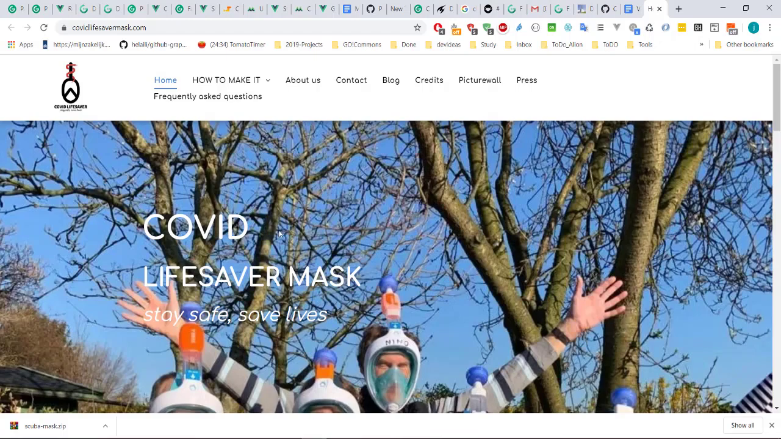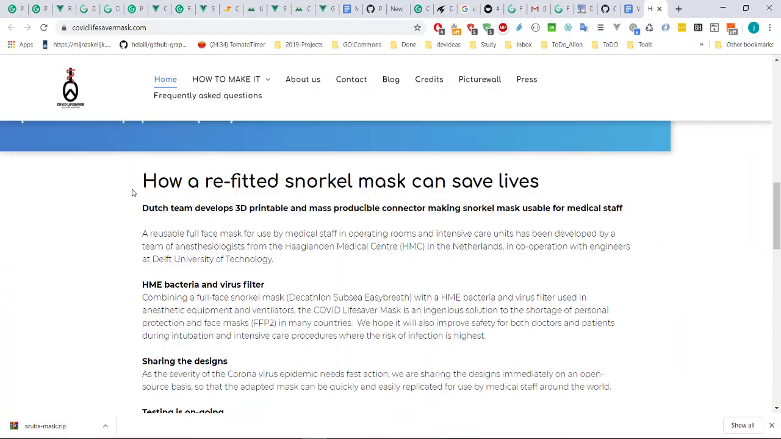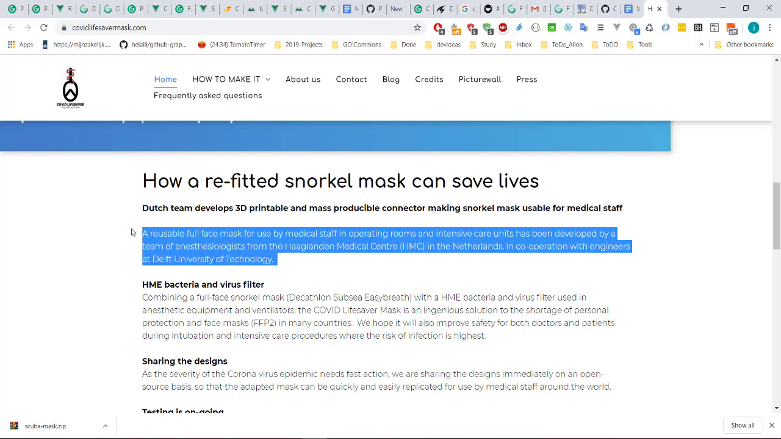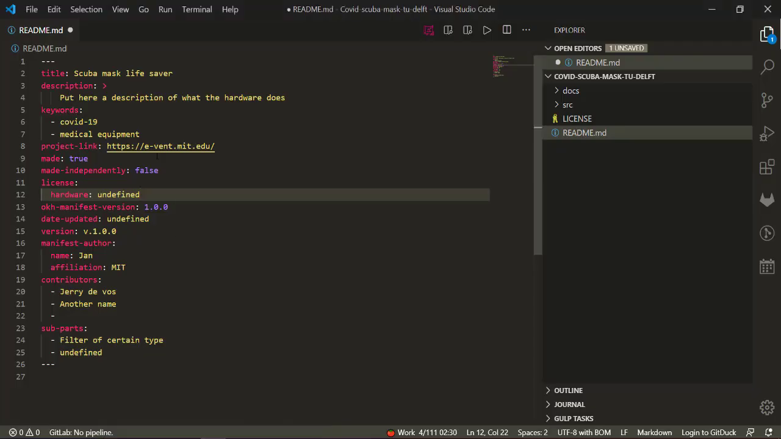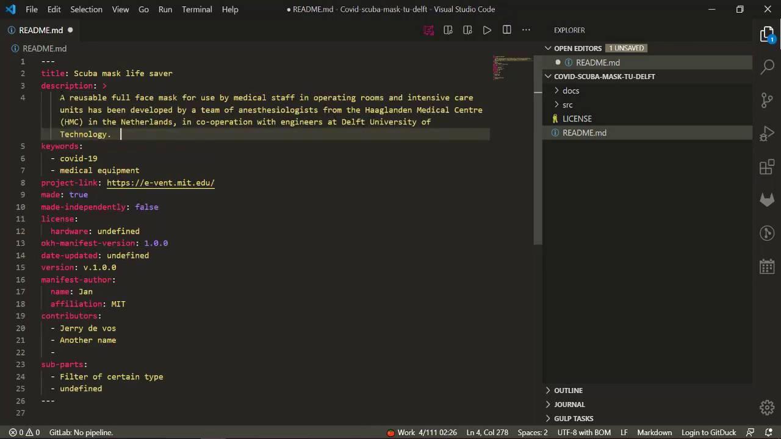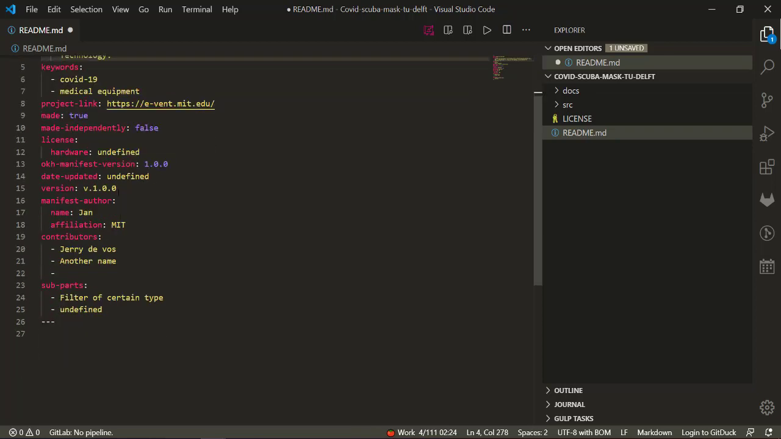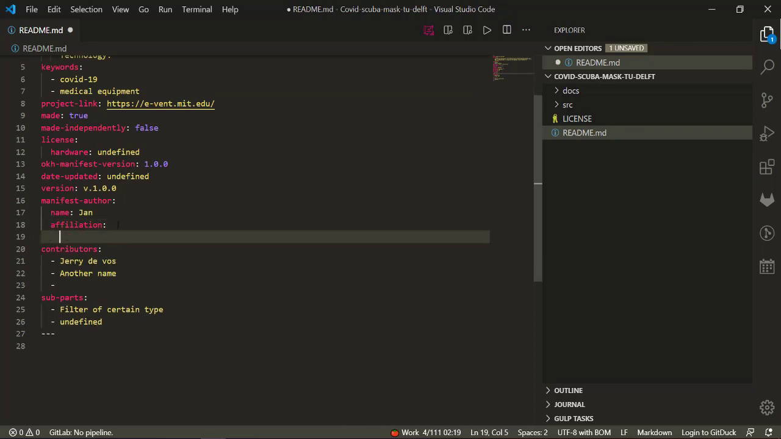If we go to the mask and we look for a description, we can say, okay, this is the description: a reusable full face mask for use by medical staff, right? So we can do this, and we can put it here. And in affiliation, we can say TU Delft. We could even say TU Delft